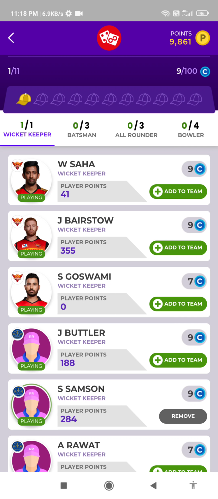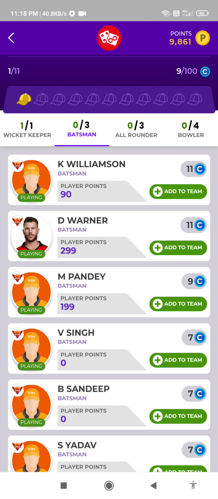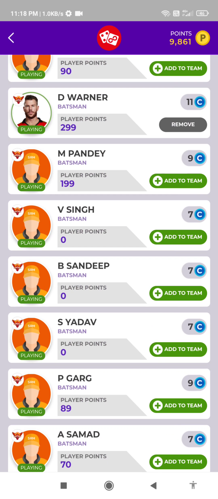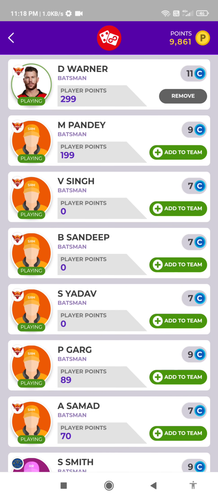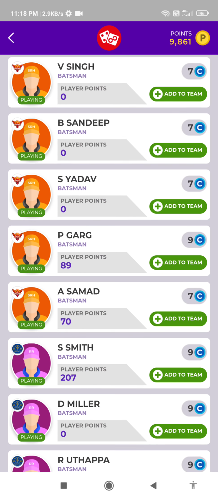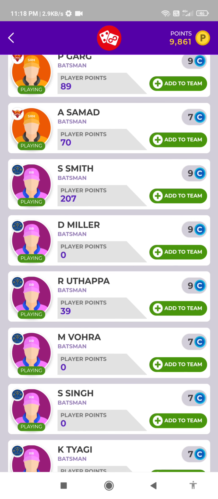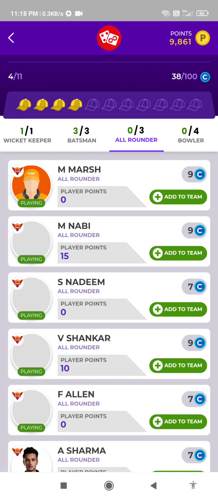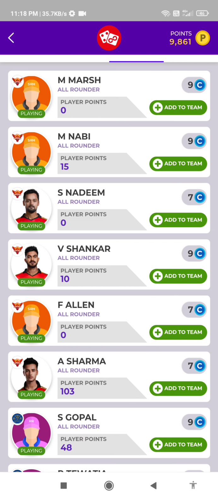I chose Samson as wicket keeper, David Warner as batsman, M Pandey also as batsman, and Smith as batsman. So 3 batsmen I chose,